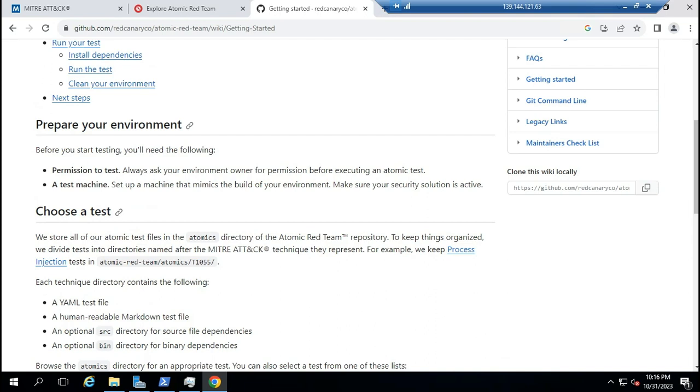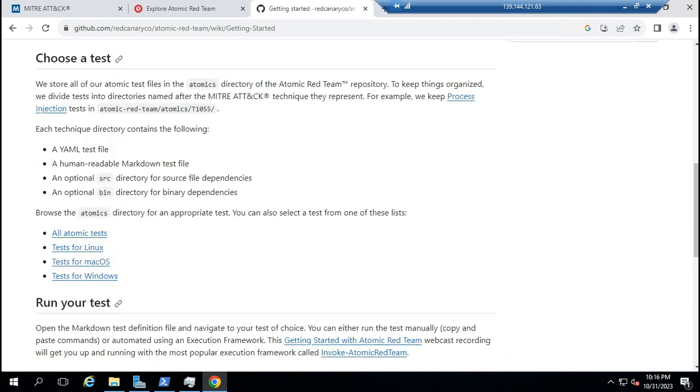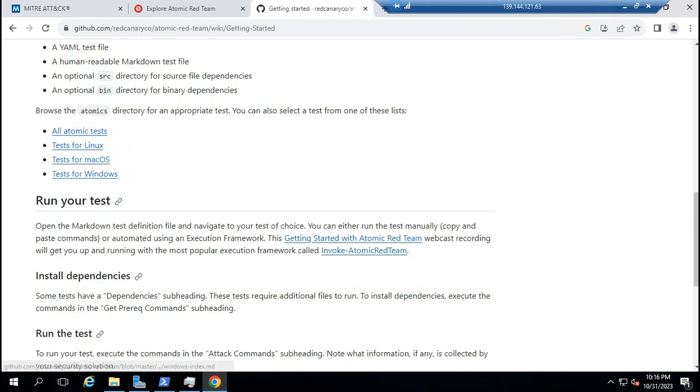Pick your environment. In my environment, I will use my Windows server, and then choose a test. We are using the tests for Windows here.